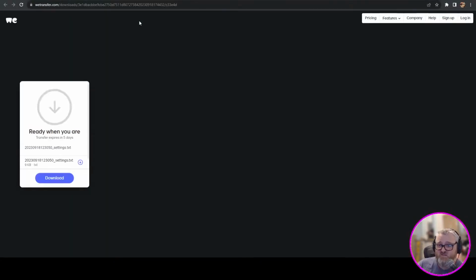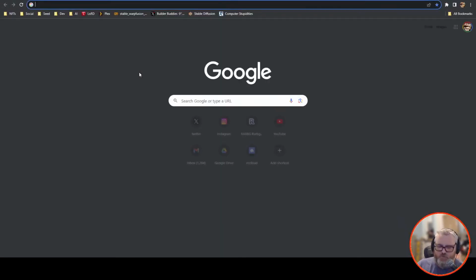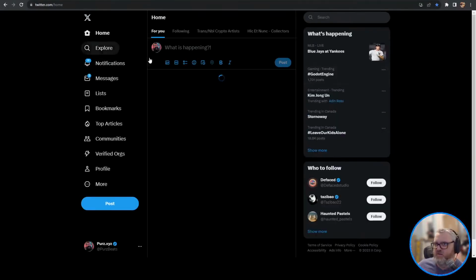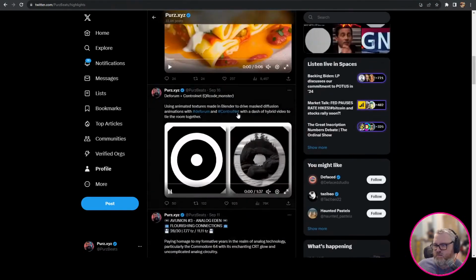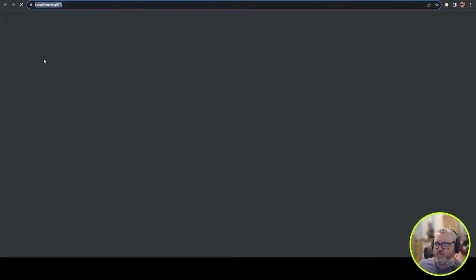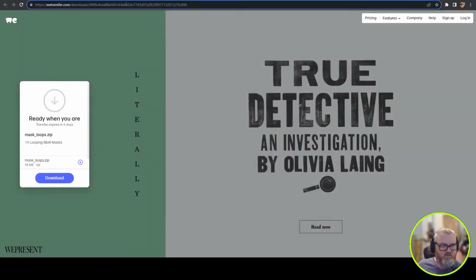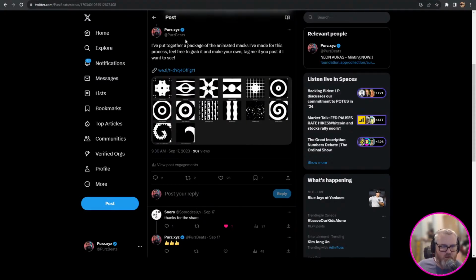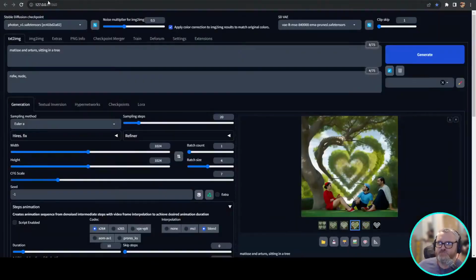Bummer. Oh, it's on Twitter. One sec. I'll get you the link. It's here. There you go. Well, that was a terrible link. Let's try this. Yeah, mask loops. So there's some mask loops you can use. You can either just grab frames out of them or just use them with the forum as well.